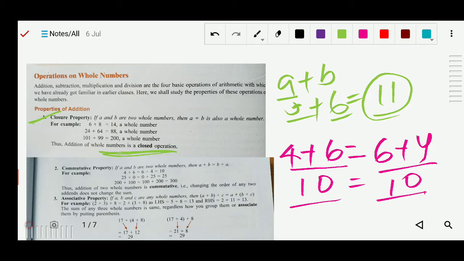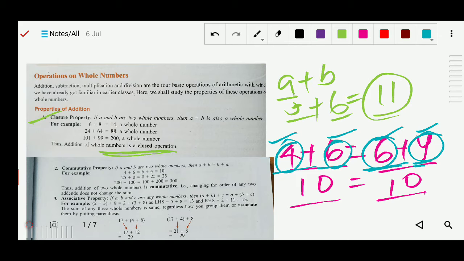Addends means the numbers that we used for adding, the numbers that were available to add, we only changed their order. So what we changed is only the addends. See, here are the 4 and 6. These 4 and 6 are the addends, and now you can see 6 and 4 are here also. These two addends are also on this side, but only the order changes: here the first comes then second, and here the second comes first and the first comes second. So only the order is changed.